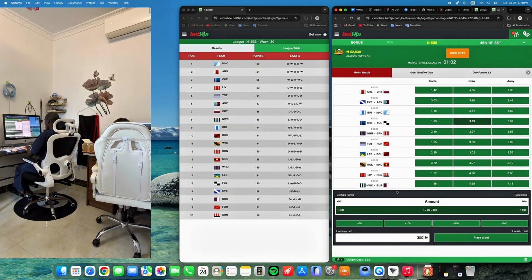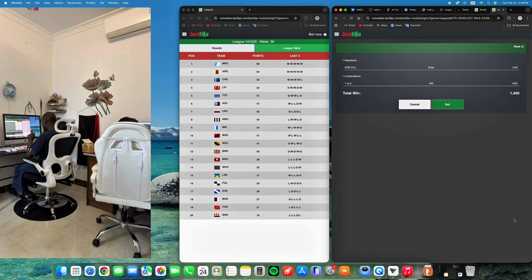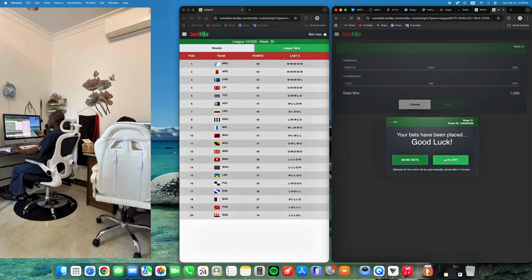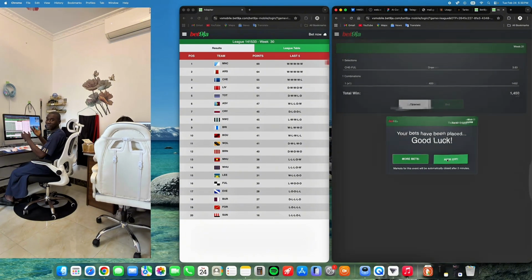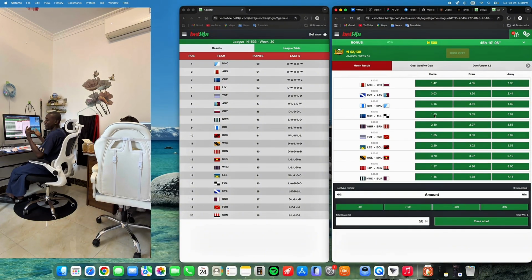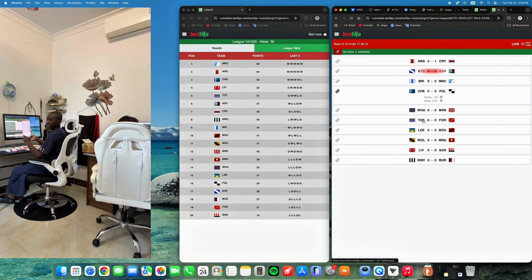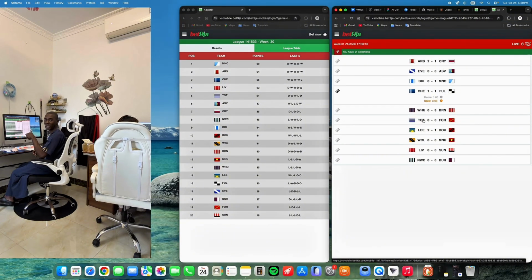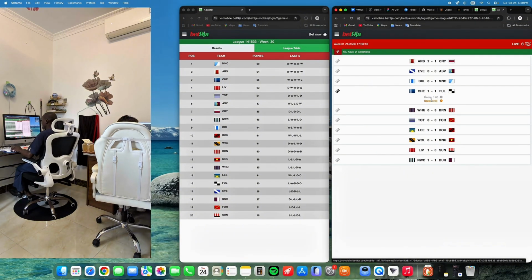Okay, so if I use this amount to make bets, I'll make 1019 naira, which still doesn't fully cover the 1000 I've used to bet. So I'll try to use 400. With 400, if I win, I'm winning a total of 1450. So if it enters for a draw, I will make 15 naira profit while I recover my 1000 naira. But if it enters for Chelsea to win directly, then I will make a profit of 200 plus, even after deducting the amount I've used for the draw.